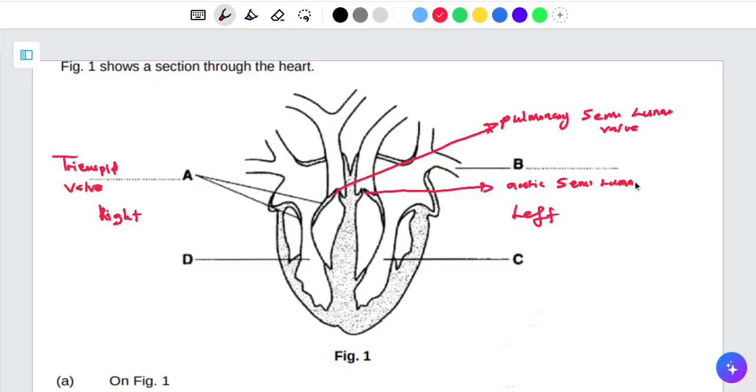Then NR, then valve here. So these things you need to know them. Then apart from that one, we also have these valves here. So we have this one here and this one here. Collectively, they are called